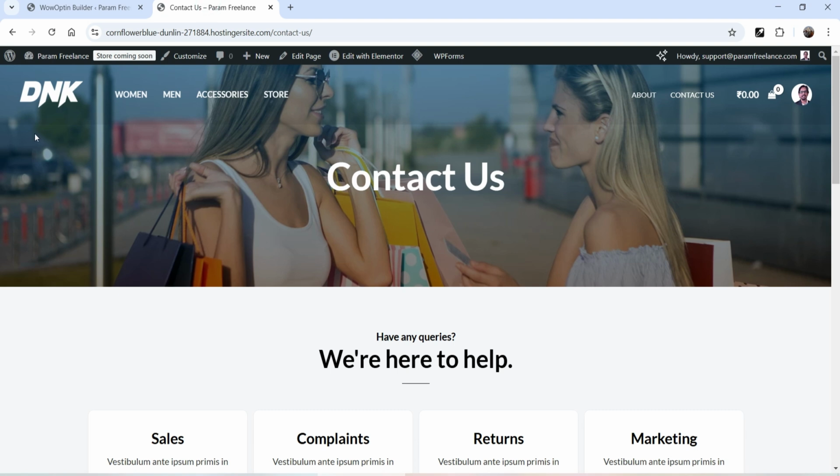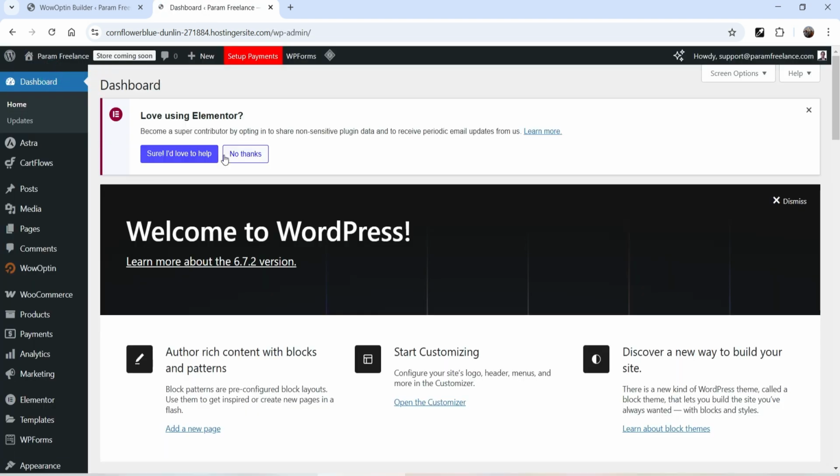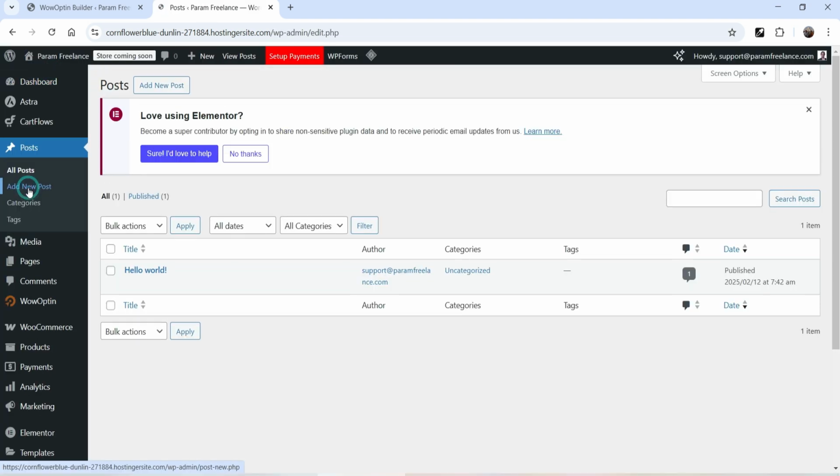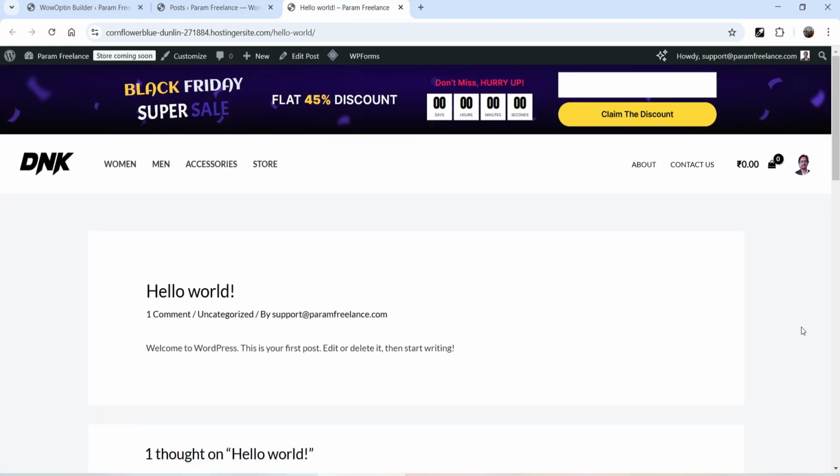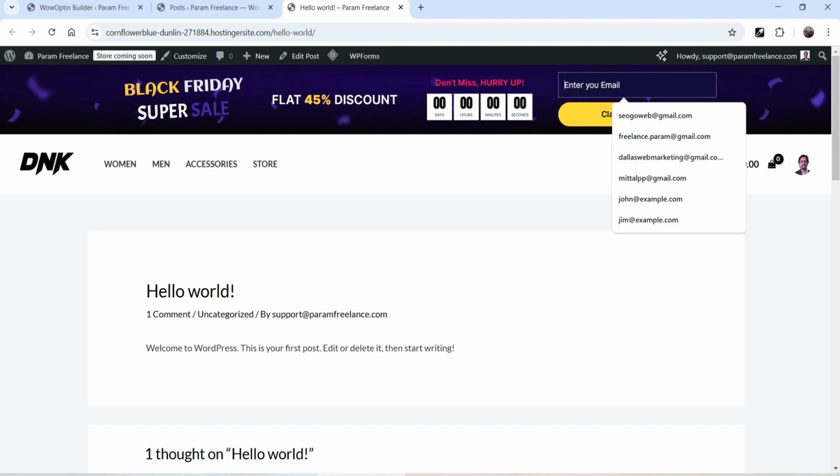Let's go back to the website. Let's go to dashboard. Let's see if we have a post here. Okay, so this is the blog post. Open it, and now you will see the banner on the blog post. So this banner will be shown only on the blog post, and it is set to show the banner at the top. This is the same banner, so I can enter the email address here